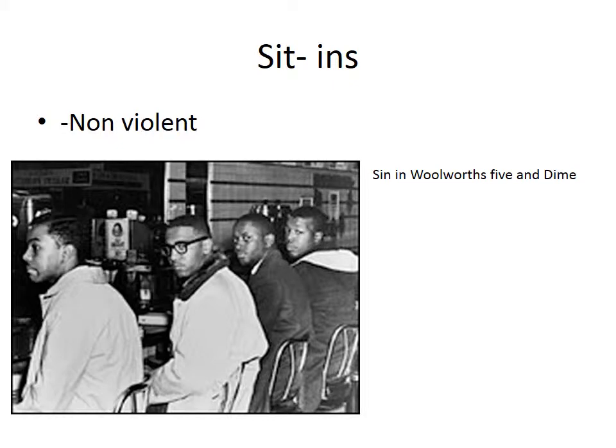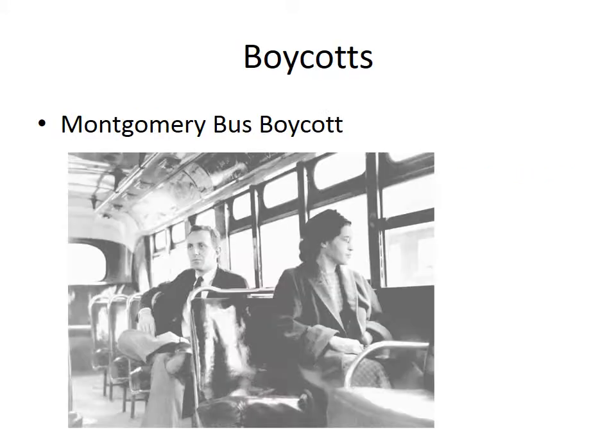Of course, the most famous method of nonviolence used during the civil rights movement would be boycotts. And the most famous, of course, would be when Rosa Parks refused to give up her seat on the bus, and they boycotted the Montgomery bus system. 65% of buses were used by black people. So when they decided not to ride the buses, it crippled the bus system, right? You have to have passengers, supply and demand. If there's no passengers, you don't have a bus